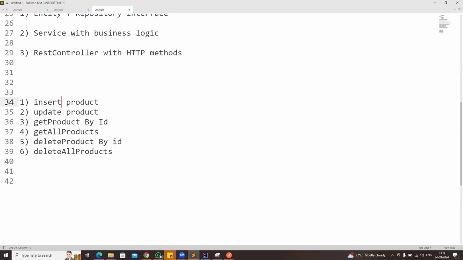So minimum 200 lines of code we need to write, right? Yes, sir. Insert the record, update the record, get the record by using its ID, get all the records, delete the record by using its ID, delete all the records from the table. So we need to write minimum 100 to 200, 150 lines of code